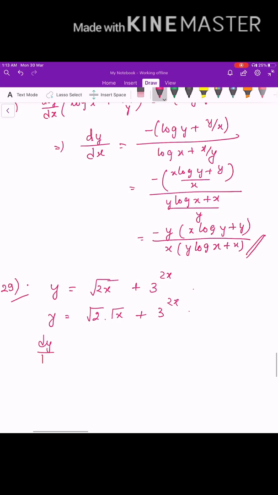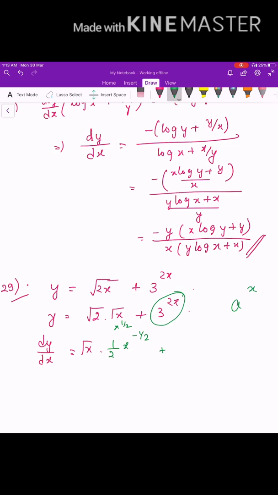So dy by dx, constant will be constant, x to the power half. This is x to the power half, right? So half into x to the power half minus 1, that is minus half, plus, if I differentiate, okay, this is of the form a